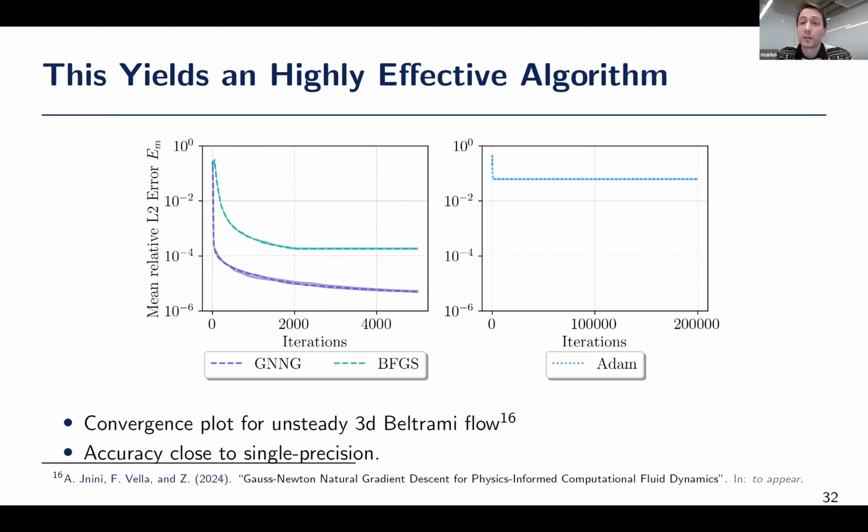I don't have it here on the slides. I have it in one of the papers I can share with you, but this question is very valid. And I can also just say to you that I don't have a very good or general answer to this question right now. Of course, these are second order methods, and they don't have a favorable scaling with the size of the parameter space. You have a quadratic memory requirement for the matrix, and you have a cubic complexity for the matrix solve.